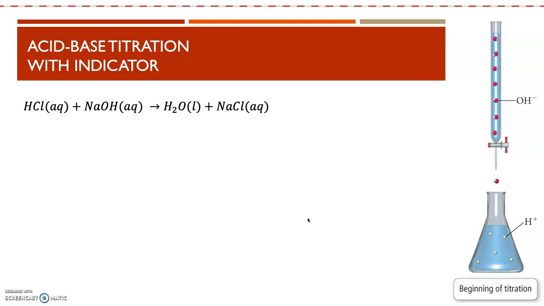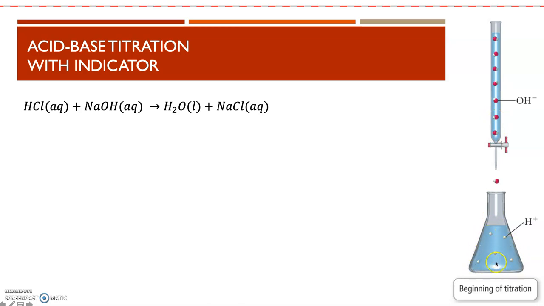So here's our first example, the simplest example of a strong acid that we're going to react with a strong base to form water and salt. How this gets set up with an indicator is that in the Erlenmeyer flask at the beginning of the titration, this is where we have our acid solution, or our analyte, typically in the bottom, and then we have our titrant in the burette. So we have hydroxide up here, our NaOH, that's our titrant, and we have an unknown concentration of acid